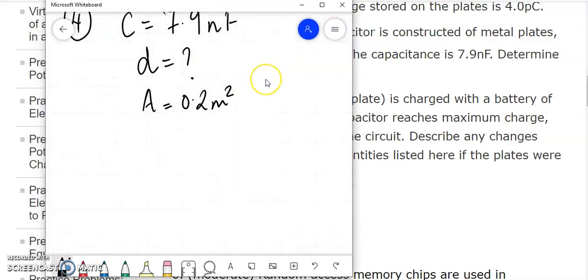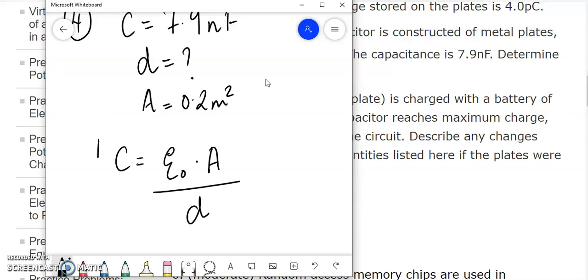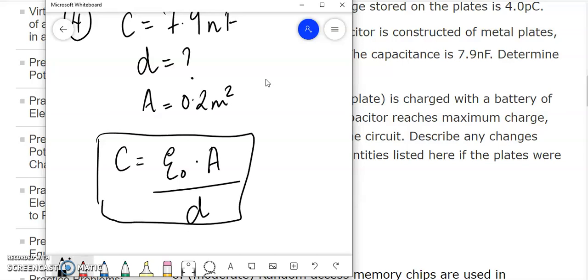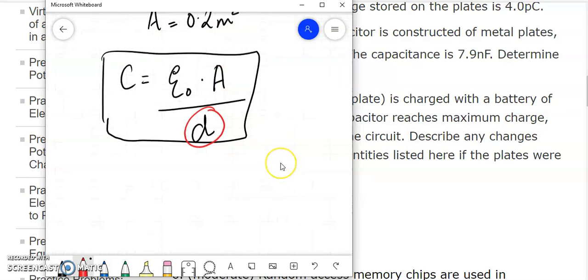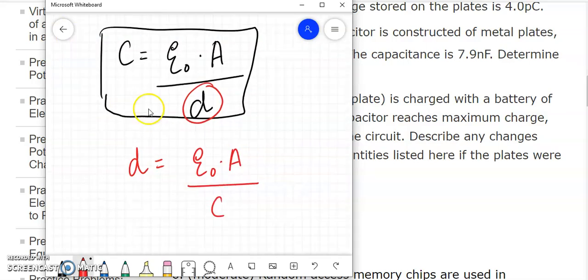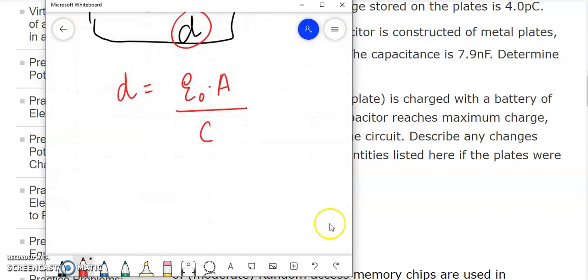So again the same formula, C is equal to epsilon times area of the plate divided by the distance between the two plates, and you need to find the distance. So you're going to keep the distance as the subject. So I'm going to make distance as the subject and the rest stays as it is. And C comes down. Now rearranging the formulas, I'm going to put the value. So epsilon is 8